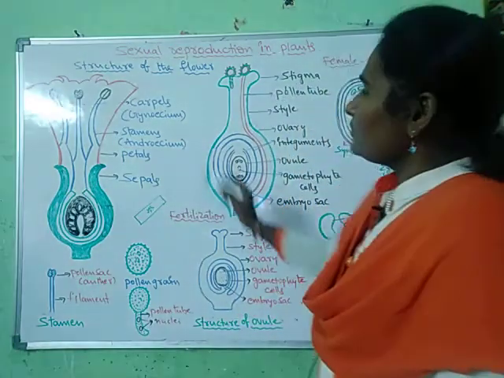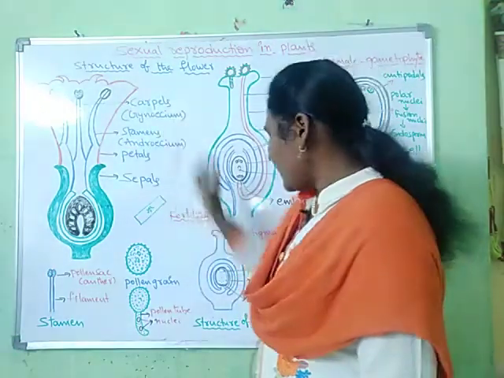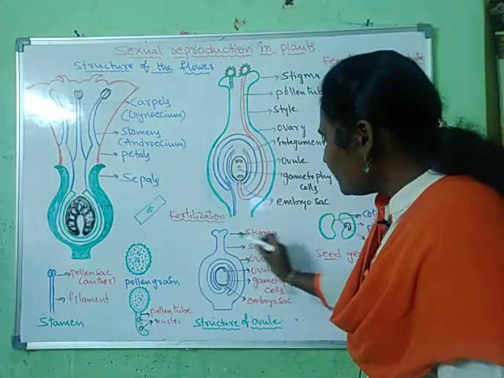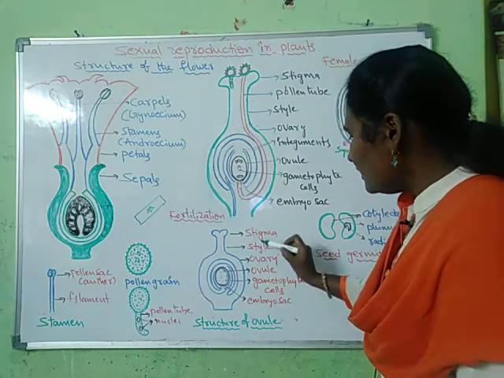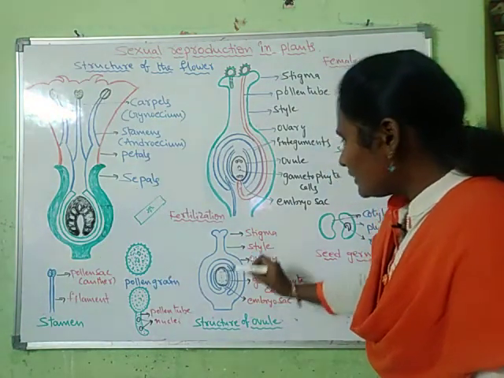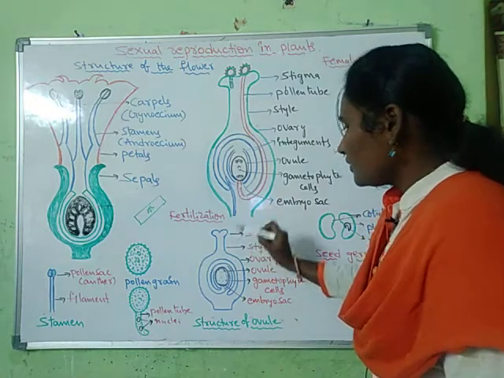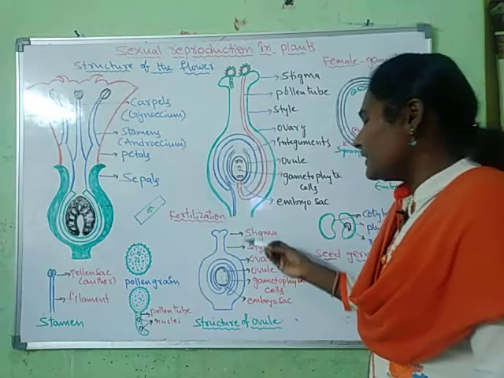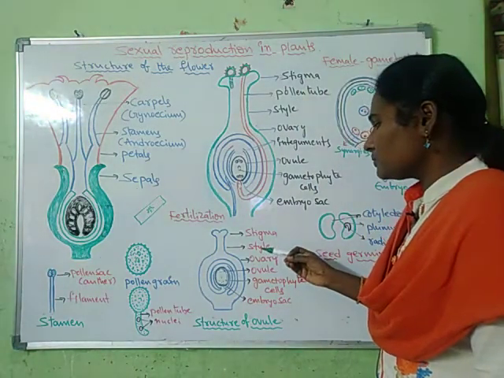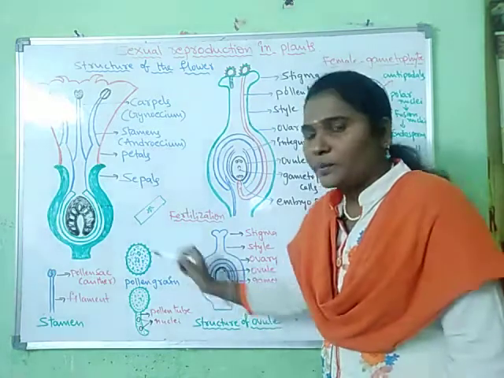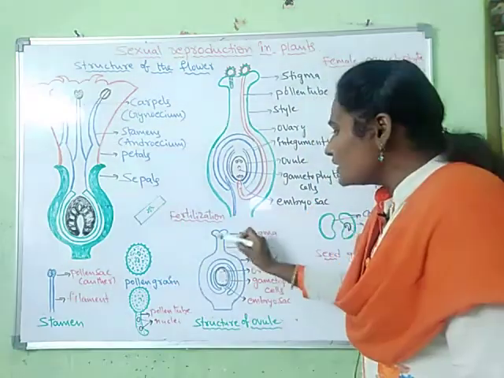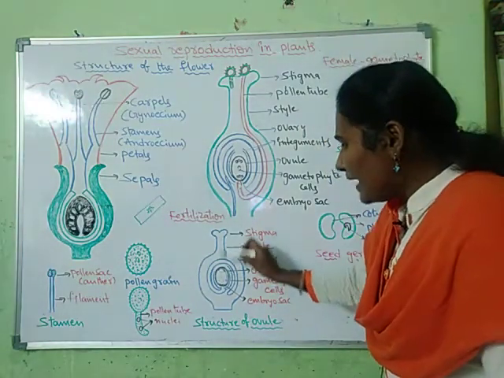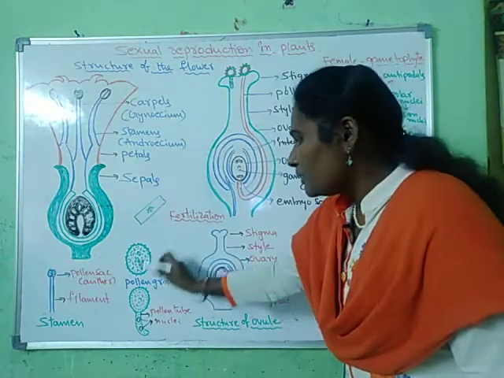Next, the female portions, carpels or gynoecium. Here the carpel contains three main parts: stigma, style and ovary. The stigma secretes a sticky nutritive fluid, containing food and other substances. It helps the pollen grain to germinate. So, the stigma receives the pollen grains. And the style is a passage for compatible male sex cells.